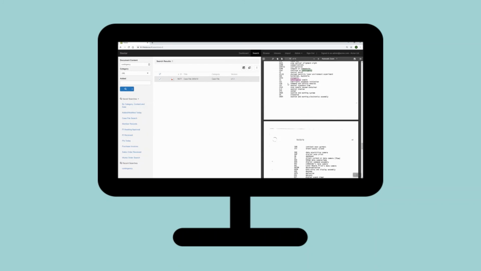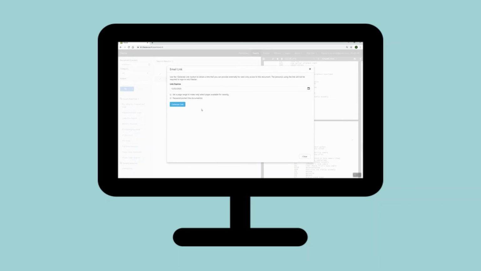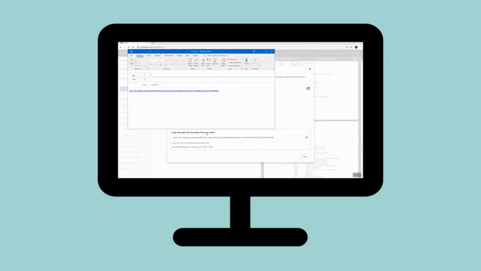I now want to share this with the person who requested it, but I only want them to see the specific page due to privacy. This couldn't be simpler. Just right-click on the file and Generate Email Link. Here we can choose the specific page we want to send, and once they click the link, it just downloads for them, meaning you don't have to share access to the Filestar system. However, the time and date they use the link is still tracked in the audit trail. And that's our